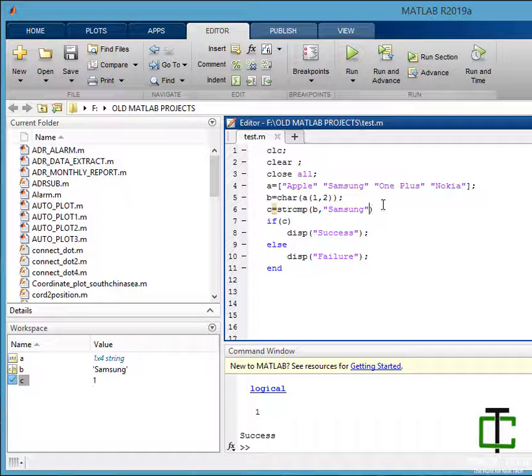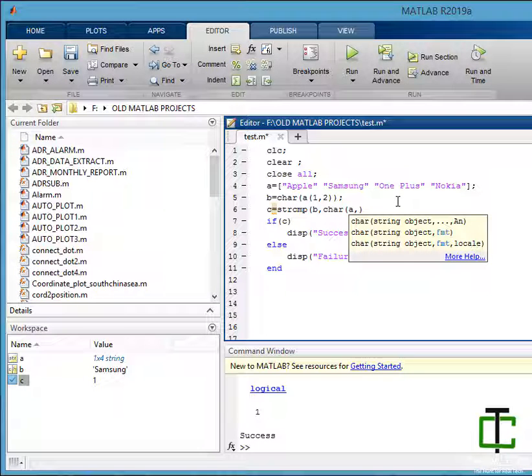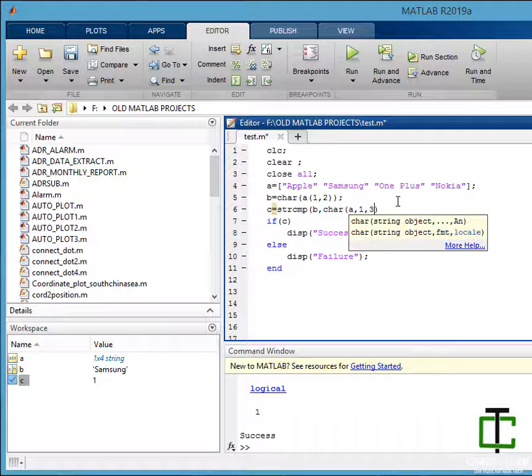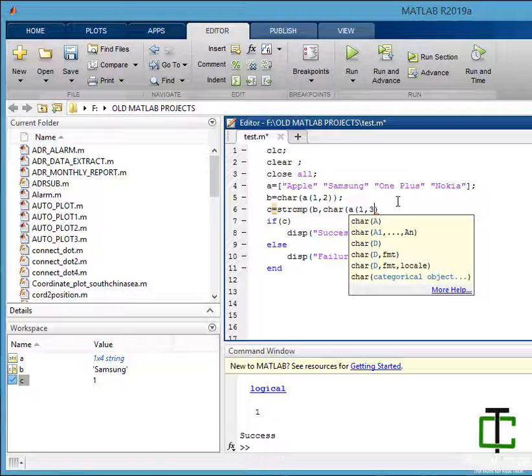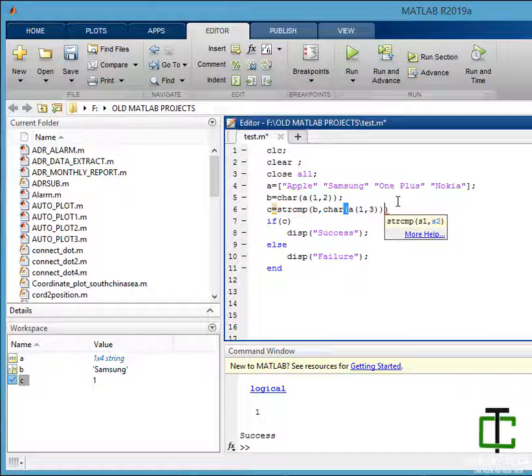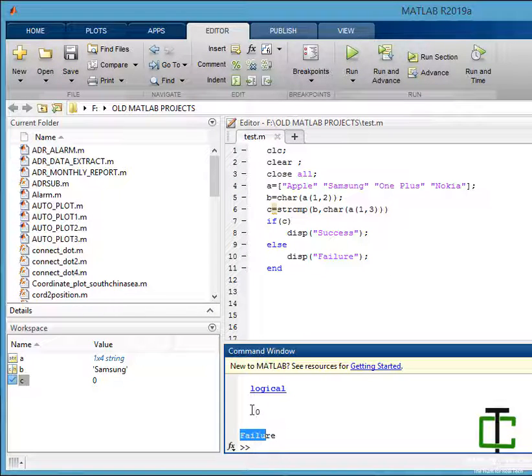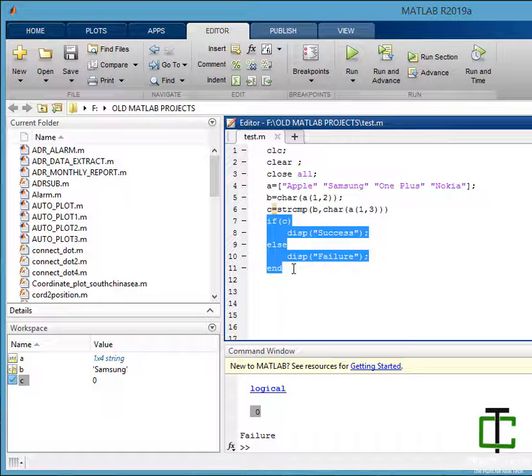If I compare B with some other element, let's say character a comma, let's say I want to compare it with 1 plus, you can do it like that. Here we go, it returns logical 0.